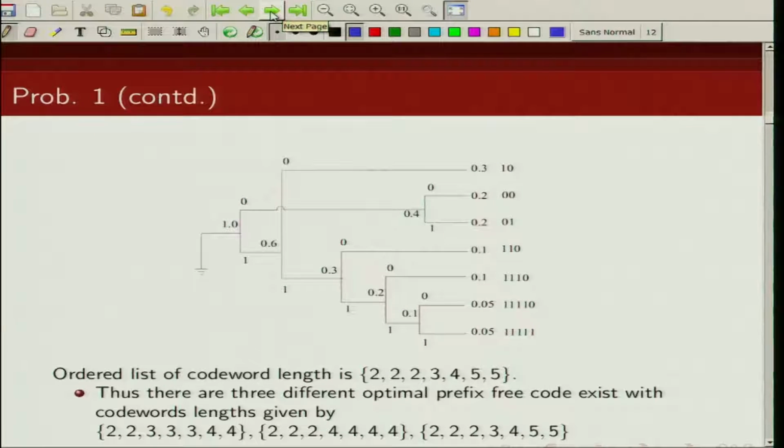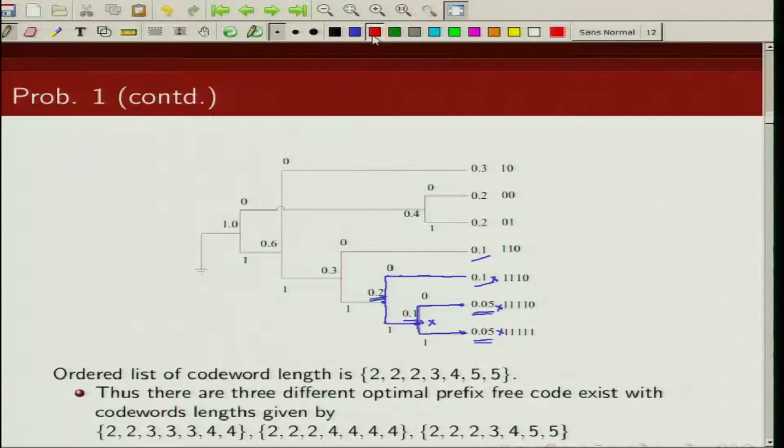There is another way in which I can combine these symbols with this probability, and look at this. So again start off with the 2 least probable leaves. So this has probability 0.05, this has probability 0.05. I combine them, get a new node with probability 0.1. I deactivate these 2 nodes. So this one and this one, they have probability 0.1. I can combine any 2 of them. Let's say I combine these 2. So I deactivate these 2 nodes and create a new node with probability 0.2.